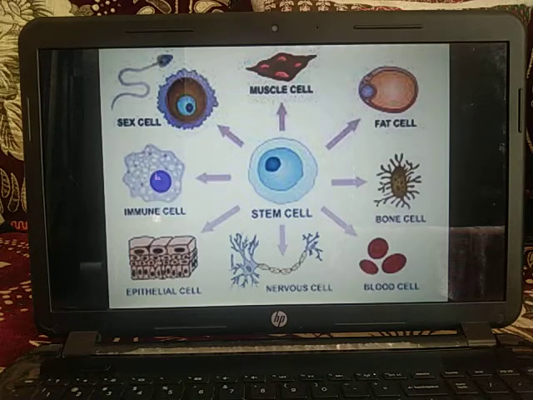Now, the shape of the cells you can see on the screen. The cells vary in shape. They may be disc like, polygonal, columnar, cuboidal, amoeboid, thread like or irregular. The shape of the cell is related to its position and function. Flat in the surface cells, polygonal in the cortex. The RBCs are biconcave to pass through the capillaries and carry oxygen. WBCs are irregular to do phagocytosis. Nerve cells are long to conduct impulse. Sperms have a tail for motility, etc.